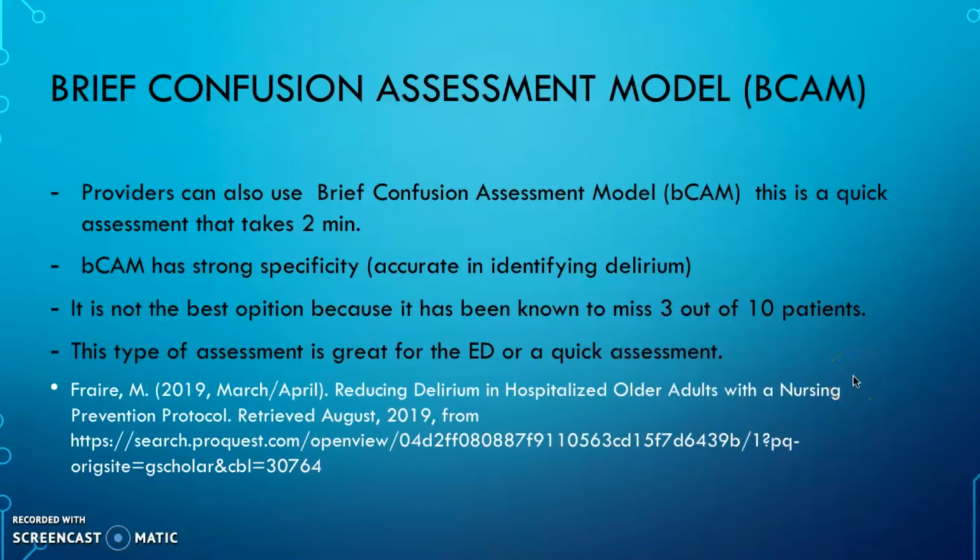There's also a model called the Brief Confusion Assessment Method, the BCAM. Providers can use a BCAM as a quick assessment tool because it takes 2 minutes or less to do. It's accurate in identifying delirium, but it's not the best option because it's been known to miss 3 out of